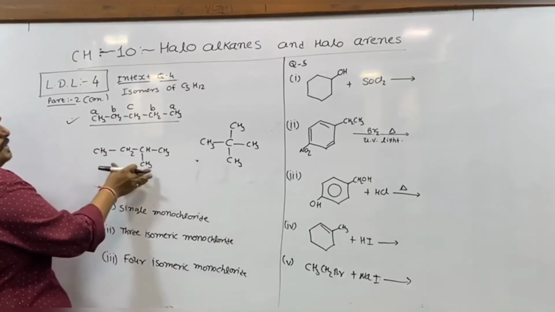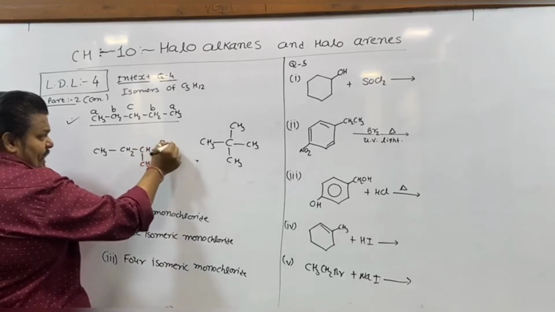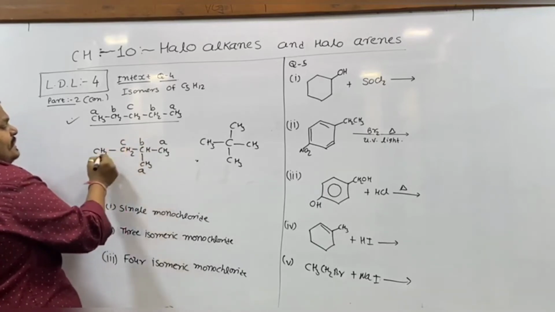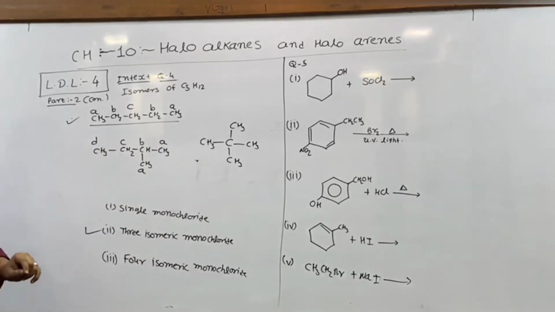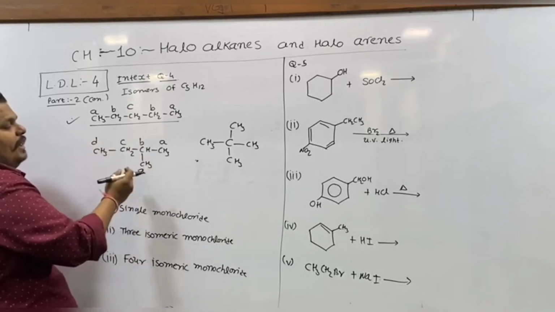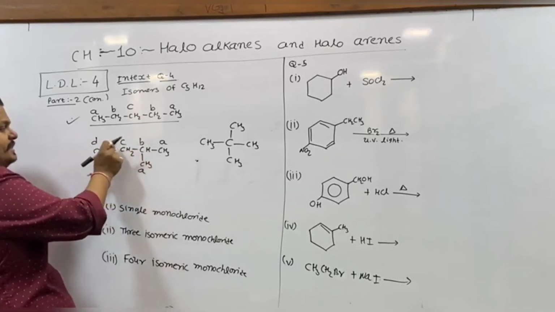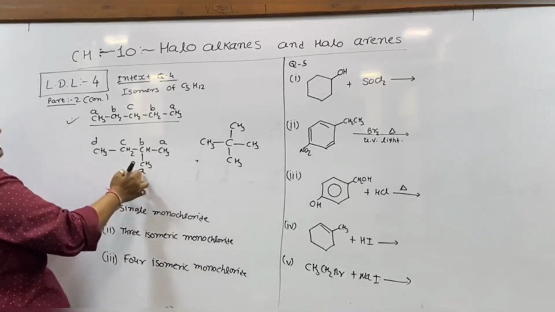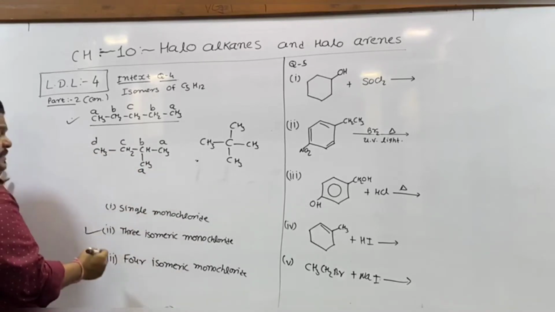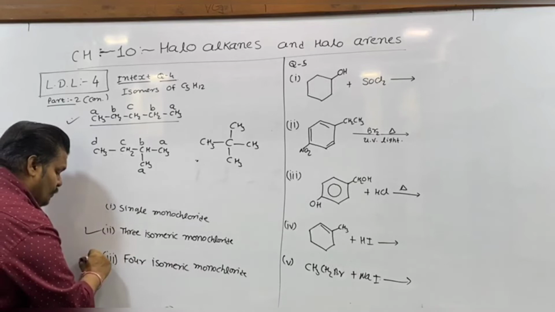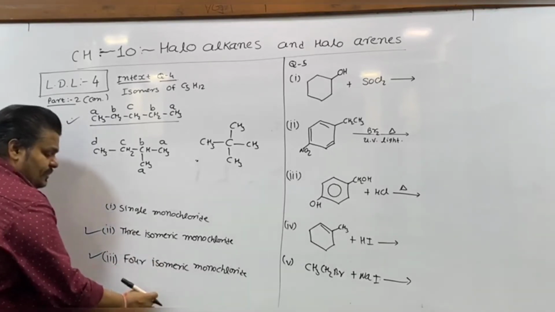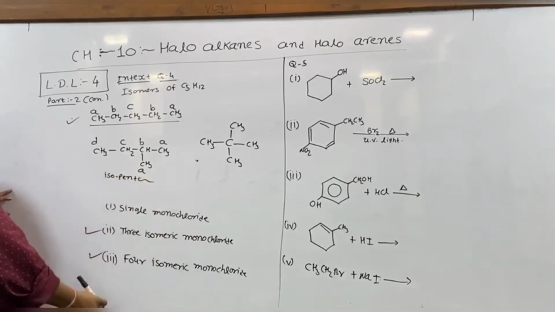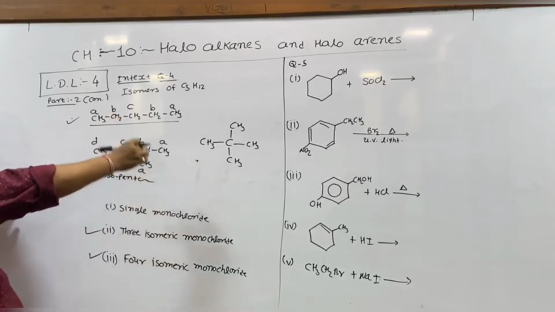Now for this structure of pentane, we have these 2 carbons as carbon A. This carbon is called a B carbon. Here it is a C, and this carbon is called a carbon D. So how many different types of carbons does this structure possess? A, B, C, D. So that means it possesses 4 different types of carbon, and that's why hydrogen, when substituted from these 4 different types of carbon, will produce 4 isomeric monochlorides. So the answer to the third question is isopentane. The answer to the second question is normal pentane.